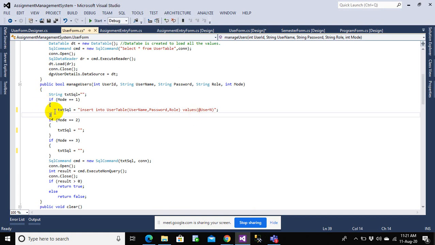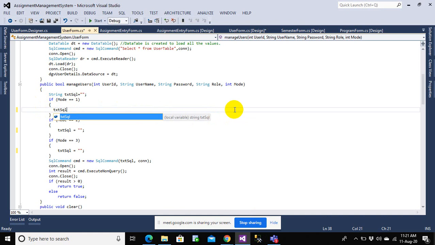So yesterday I deleted the query that we wrote, and I'm going to write a new query. I'm going to make txtSQL equal to insert into user table values, and I just want to make at the rate username, at the rate password, at the rate role.